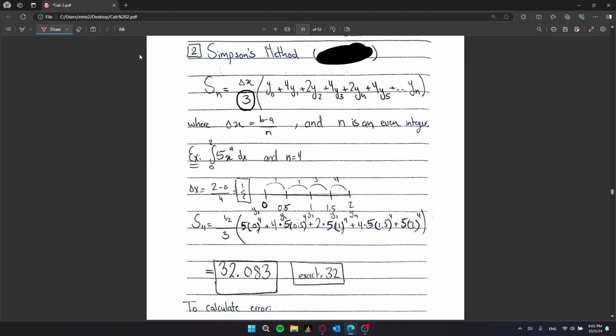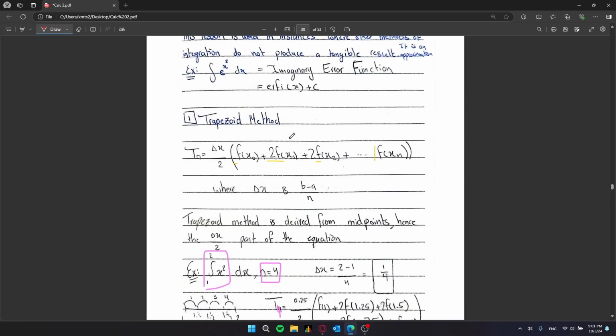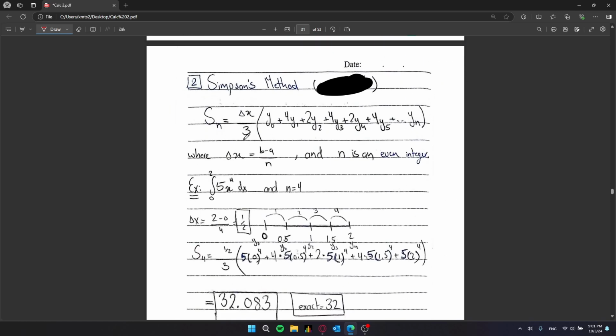Let's go back to a different color. The difference is that in the trapezoidal method, it's over 2. In Simpson, it's over 3. And the coefficients alternate between 4 and 2. Why is that? The way that the graph subdivision is laid out, it's also going to be the same thing, and I'm not going to go over why the coefficients are the way that they are